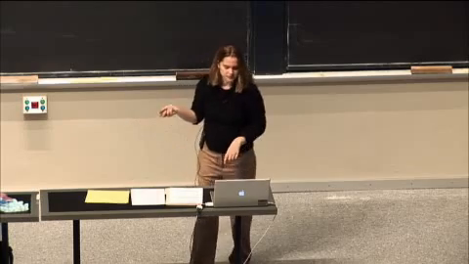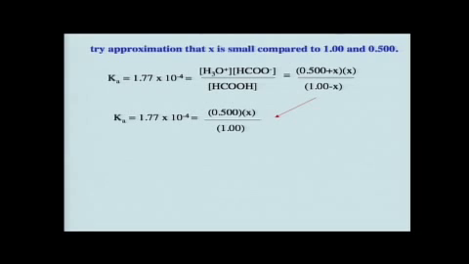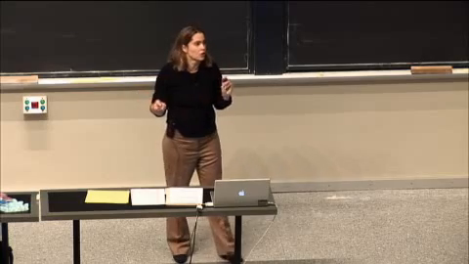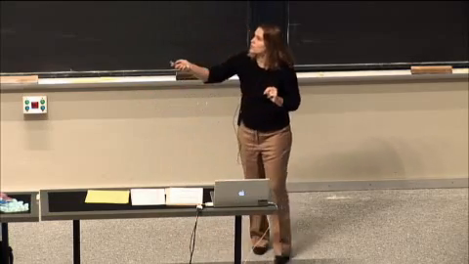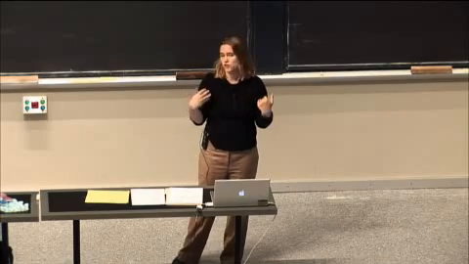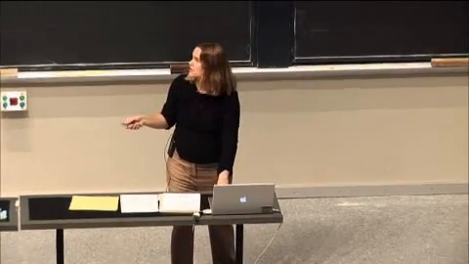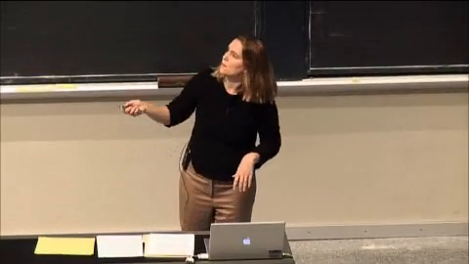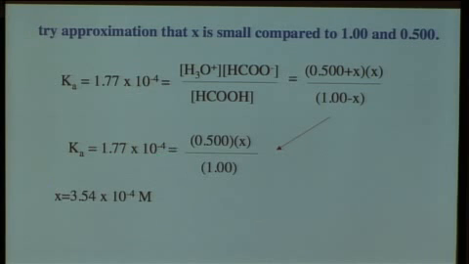All right, now this is just written again from the last slide. We can try an approximation, which is that x is small compared to 1 molar or 0.5 molar. And so we can get rid of the plus x and the minus x down here and just have the one x term, which makes it simpler to solve, but we'll have to go back and check that approximation in a few minutes. So making that approximation, we can calculate x as 3.54 times 10 to the minus 4 molar. And now we need to